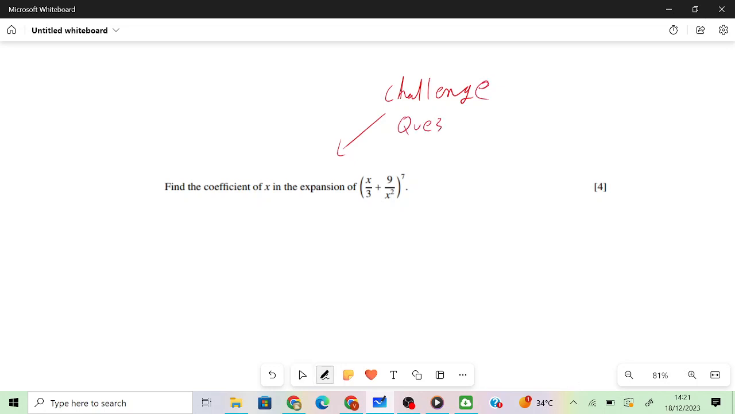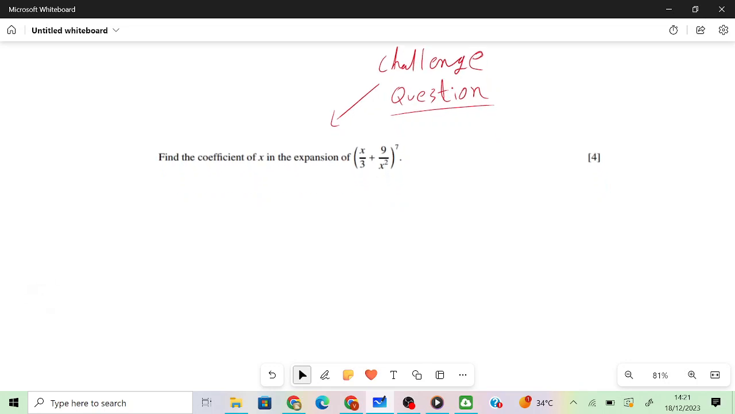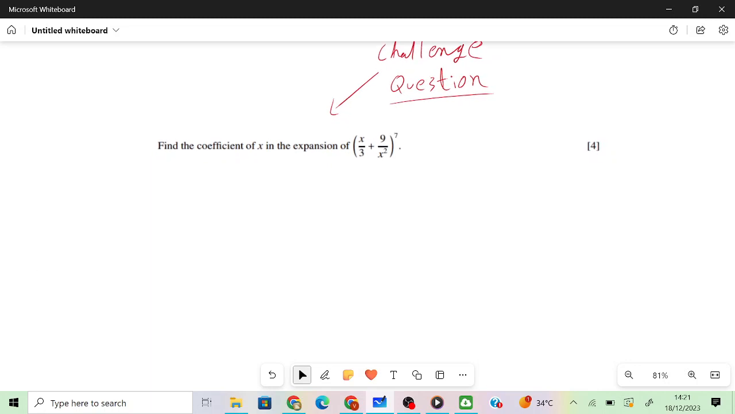And on to the final example. There it is. This is a challenge question. So do have a try at this by yourself, and then you can pause the video to have a go at this by yourself, and then resume the video to see if you're correct or incorrect. If you are incorrect, please take note of your mistake. So let's go ahead. It's just 4 marks and just one part, but